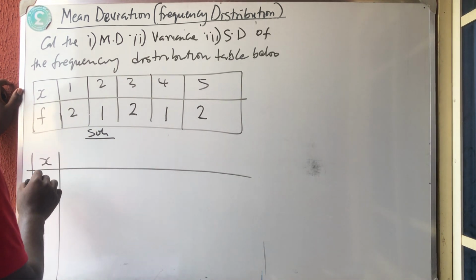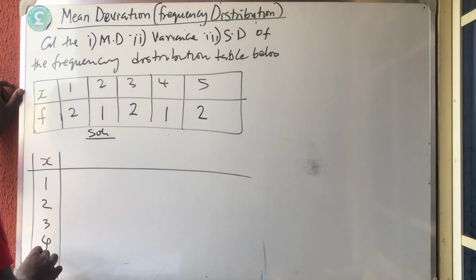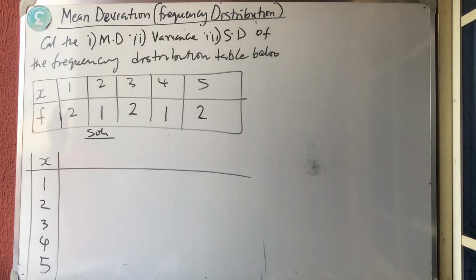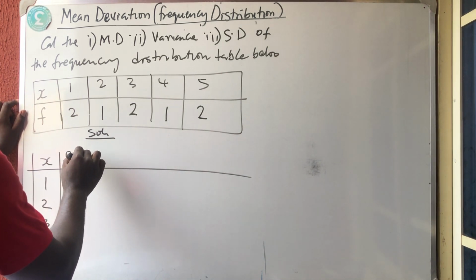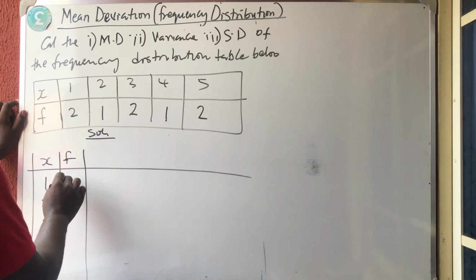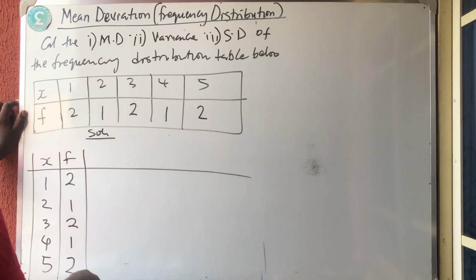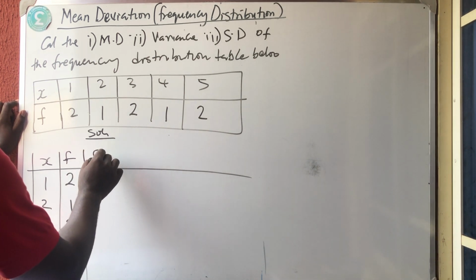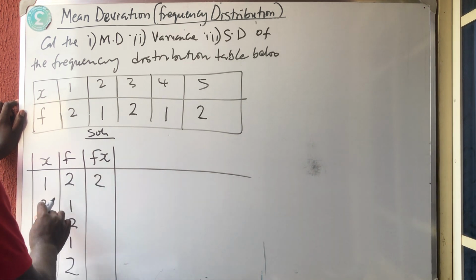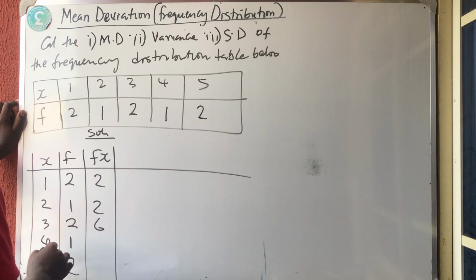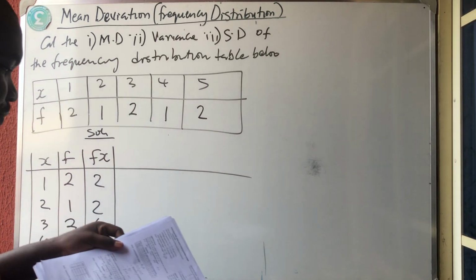We need our x, and our x is our 1, 2, 3, 4, and 5. Then we need our f, which is 2, 1, 2, 1, 2, which are the ones they gave me. We need our f of x so that it will help us to calculate the mean. And our f of x is to multiply this times this: 2, 2, 6, 4, 10. Okay? Then the next thing we need